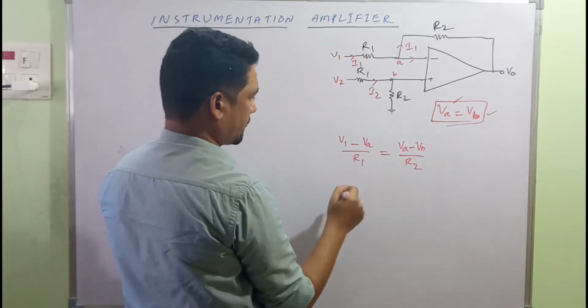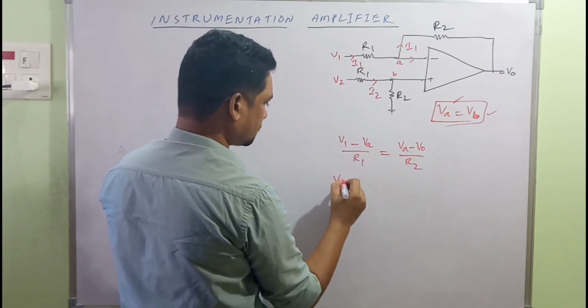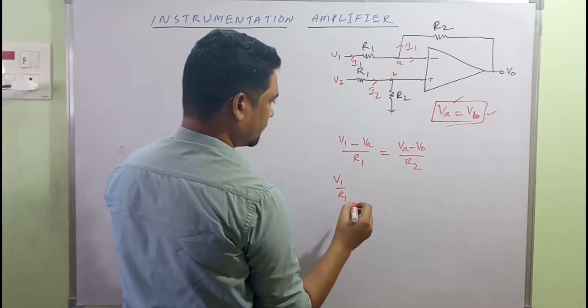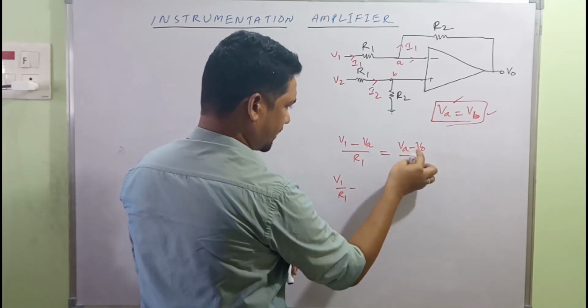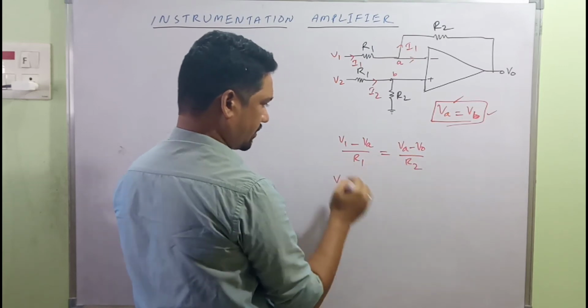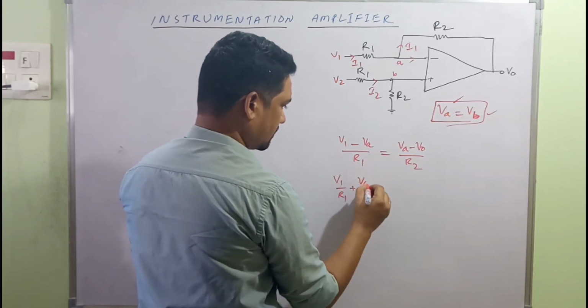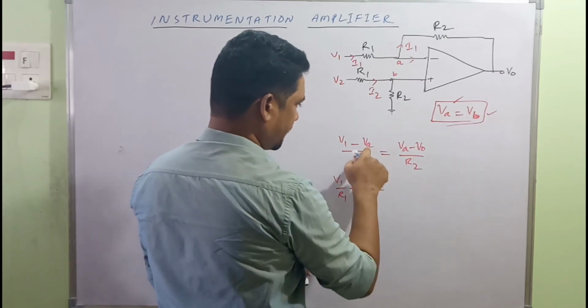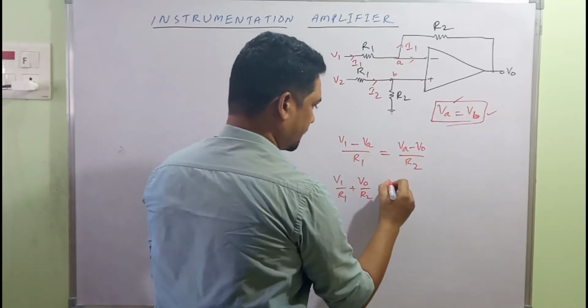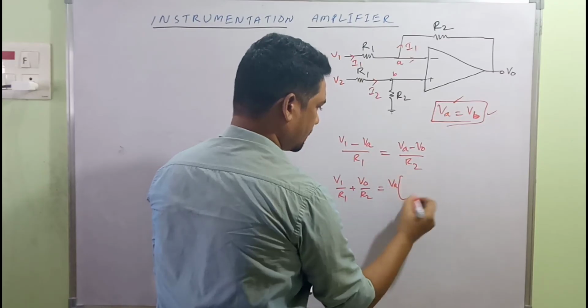Rearranging for VA, it's V1 by R1 minus, it's negative this side, this will be positive when shifted to this side, V0 by R2, which is equal to, taking out VA,